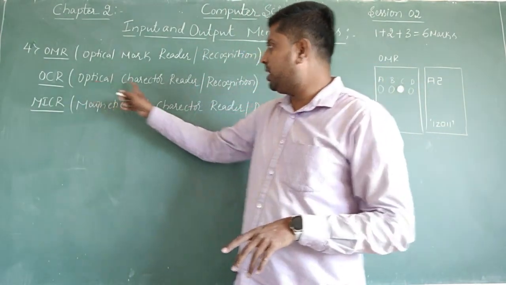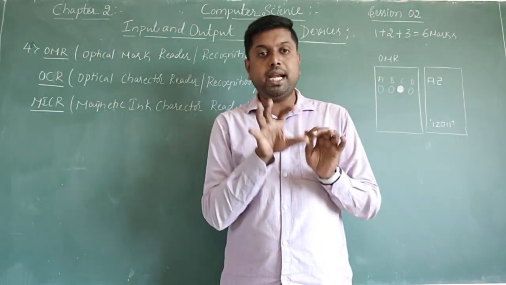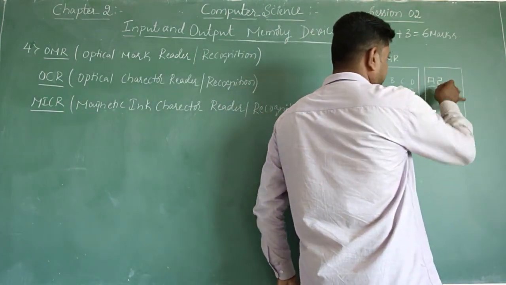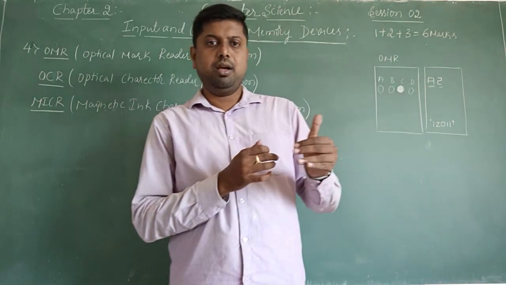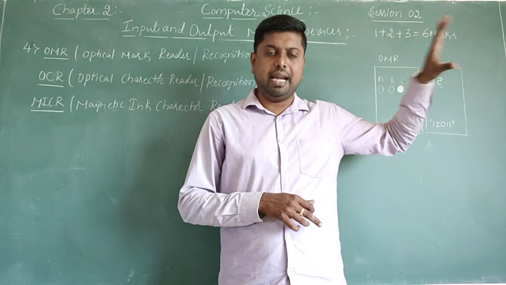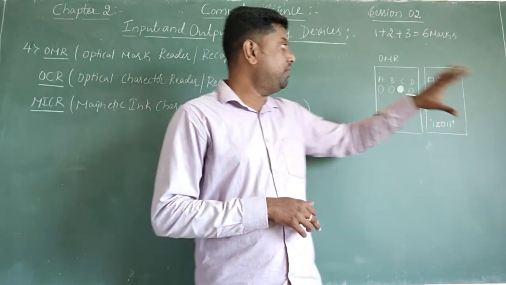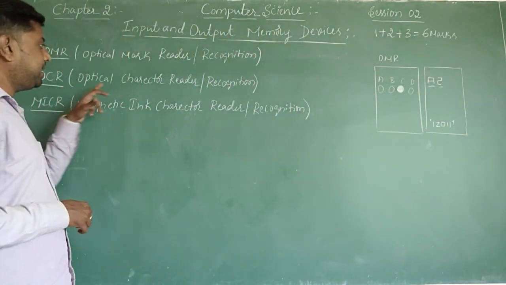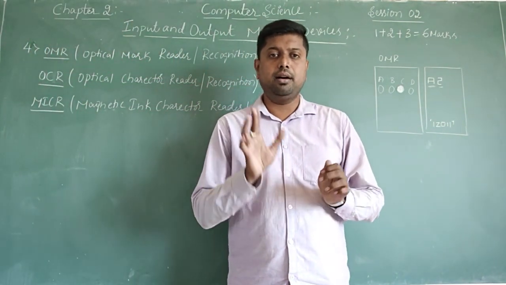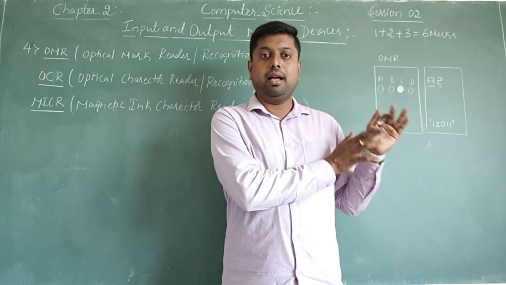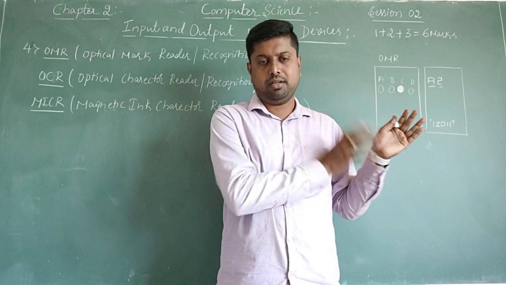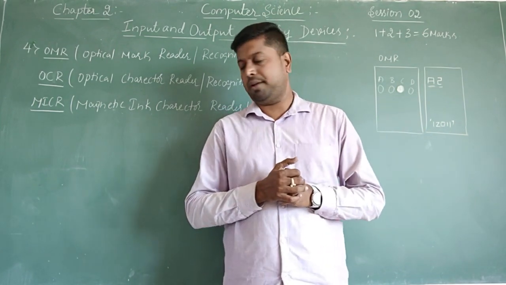That's why optical character readers will read the different types of characters. See here, somewhat the font is different, somewhat the style is different for the identification. Again, for the reading purpose, for the recognition purpose, we are using OCR, optical character reading and recognition. Especially these devices are used in the check or DD of the bank transaction sectors. So that is the best example for OCR.